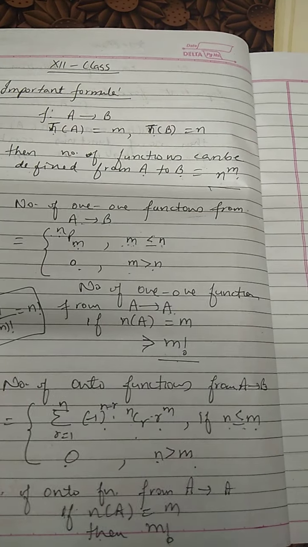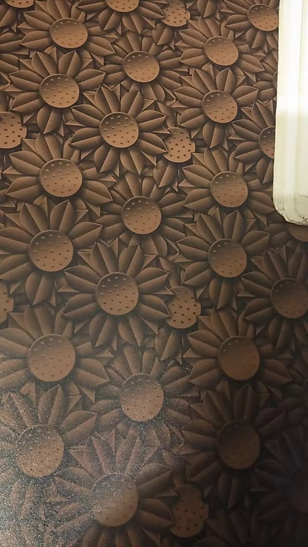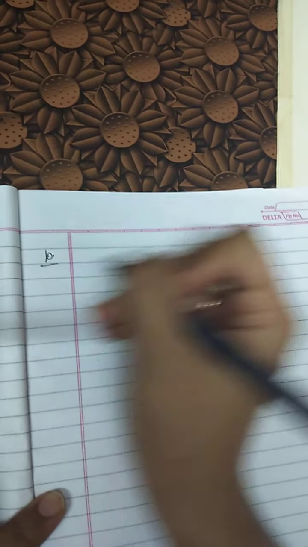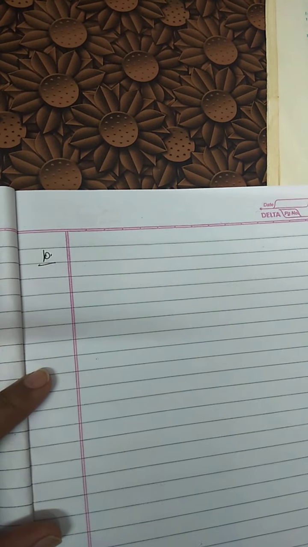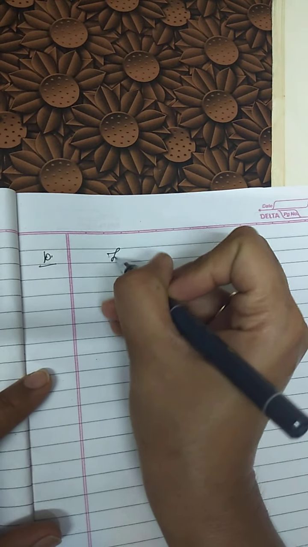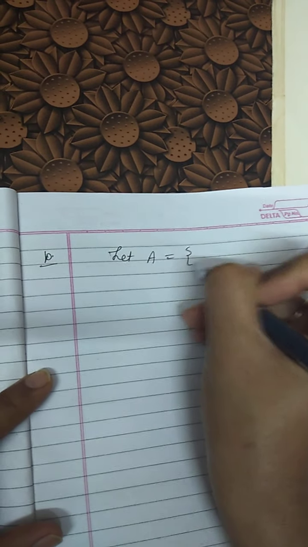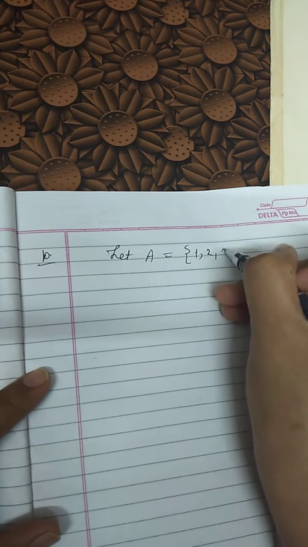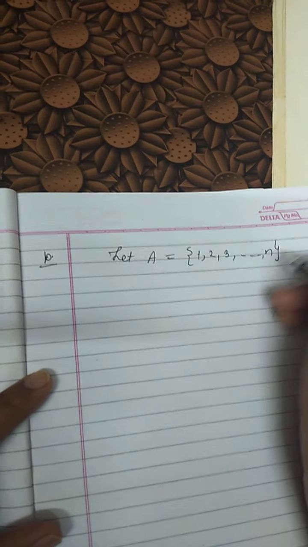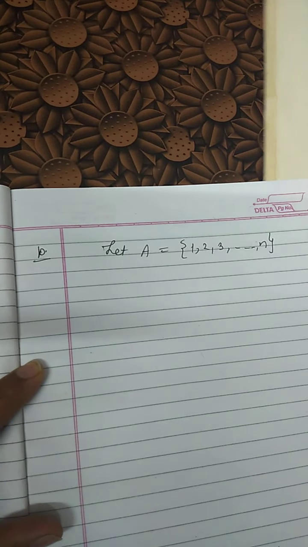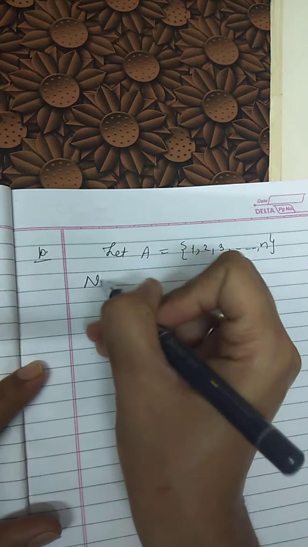So if I take you to sum number 10, what is sum number 10 of the miscellaneous exercise? The question says, find the number of all onto functions from the set, if I take the given set, let it be A. What are the elements here? 1, 2, 3 up to n, right? To itself. So we have to find the number of